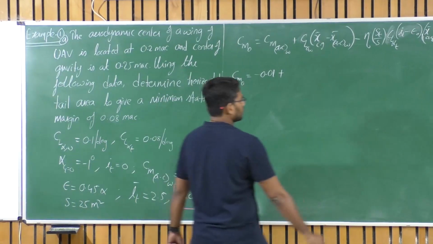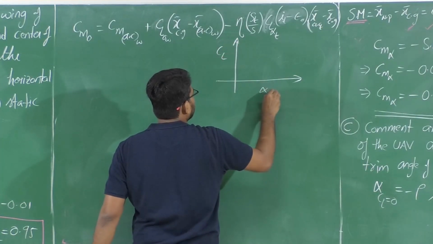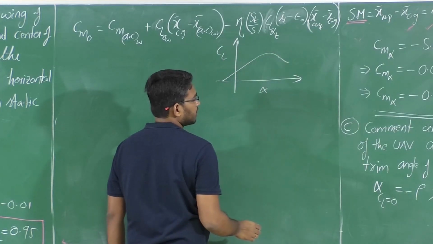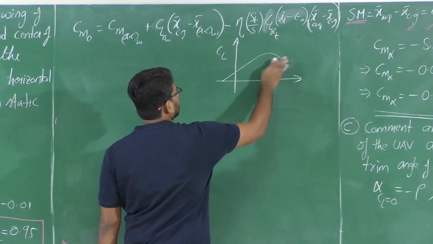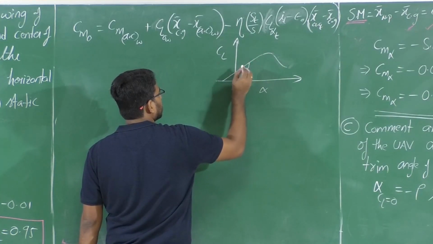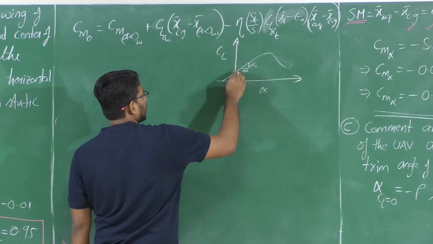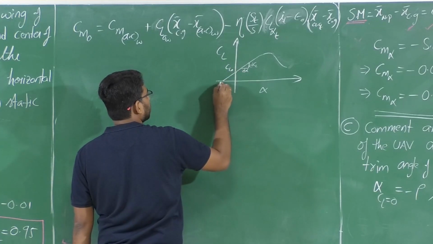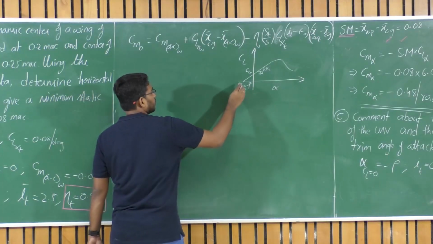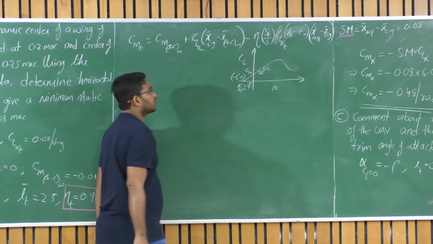What does it mean? If you look at the variation of CL with alpha of the wing, we are talking about the wing. Let us say it's a cambered aerofoil, which is visible from CM AC of the wing. Because it's negative, I can say it's a positively cambered aerofoil. In the linear regime I know CL alpha, dCL upon d alpha, and I need to find CL naught, given that alpha at which CL is equal to 0 is minus 1 degree. So I know the coordinates minus 1 degree comma 0, and 0 comma CL naught.